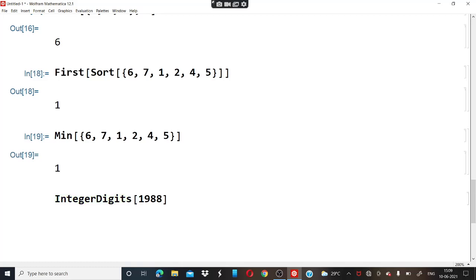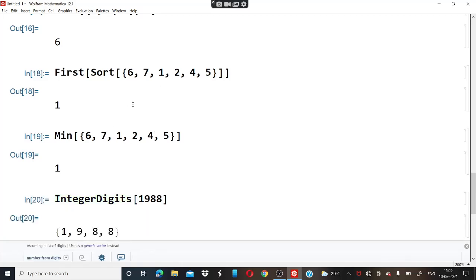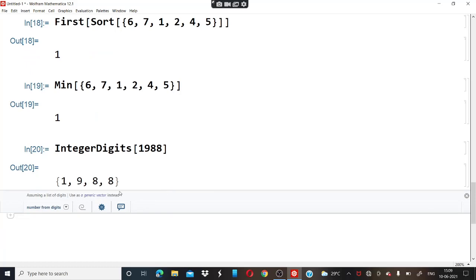We write this as shown here, press shift and enter, and we get the result as the list 1, 9, 8, 8. So basically this function separates all the digits of the number given. As you can see, in this way you can separate the numbers in list form.